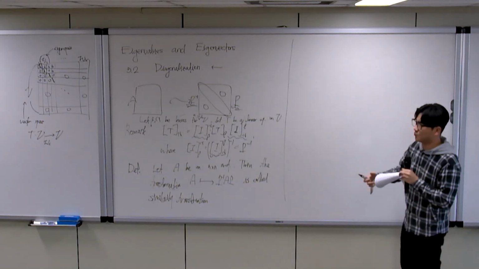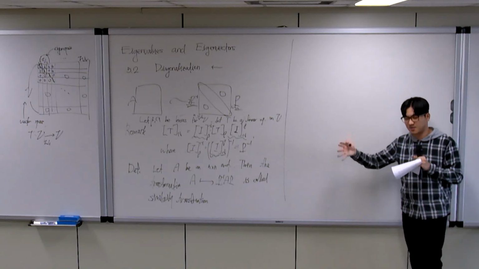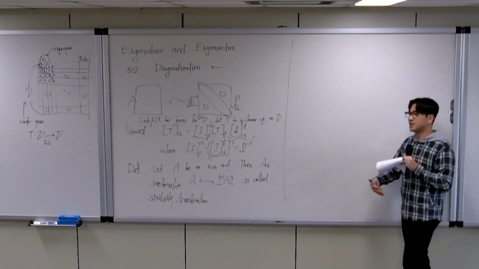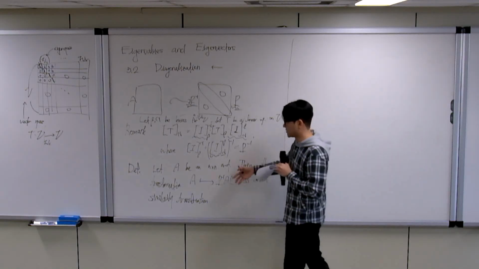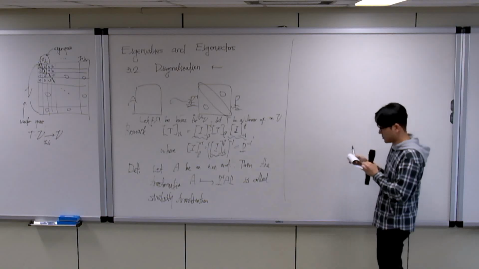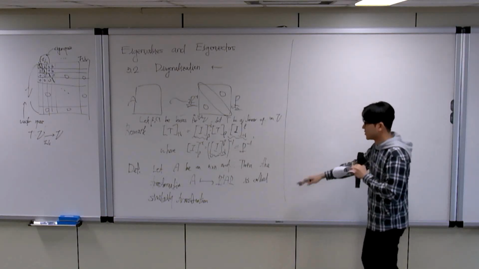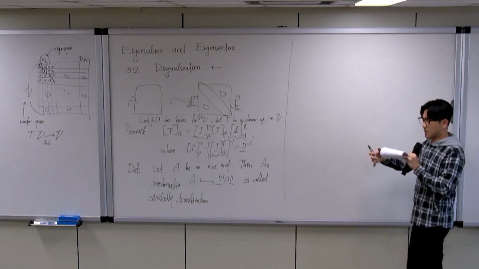Because we say similar if you choose another basis on the vector space, then you can represent it by choosing another basis. And so if you consider this notion for just a matrix,